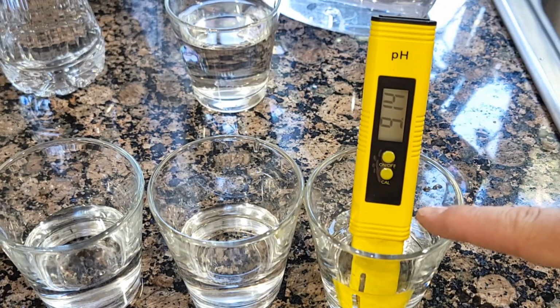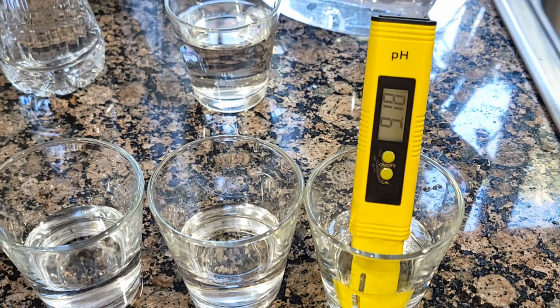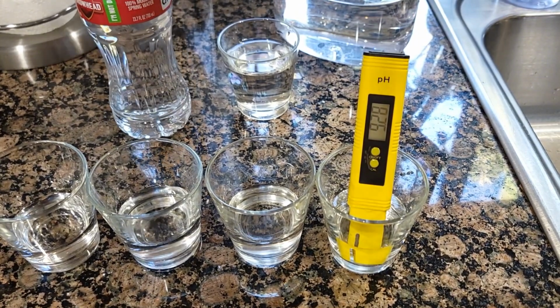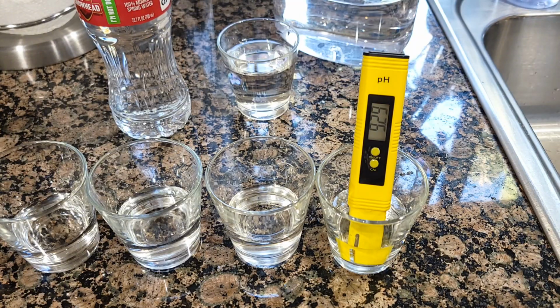So this is the filtration water, and it's not actually completely ready for drinking, because I figured out I didn't give it 20 minutes as requested, because the time between when I dumped the water was maybe 20-30 seconds. So I will probably drain the water for another few minutes to make sure it's all clean. But so far it's 9.26 pH balance, versus tap water or filtration water from the bottle or from the filter at about 7. So you do get a higher pH balance in this water, which is better,